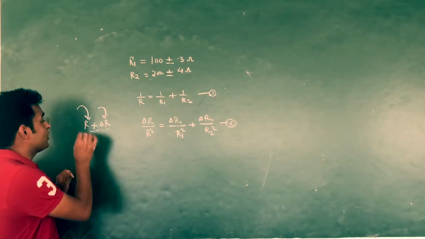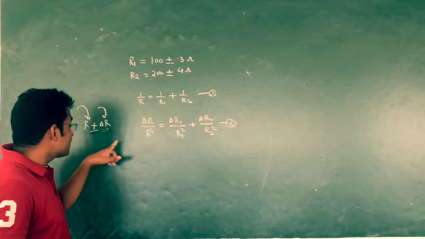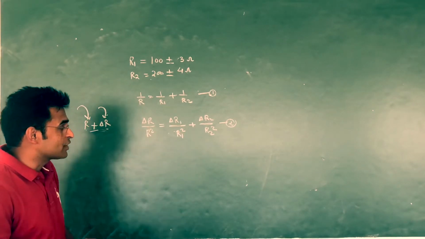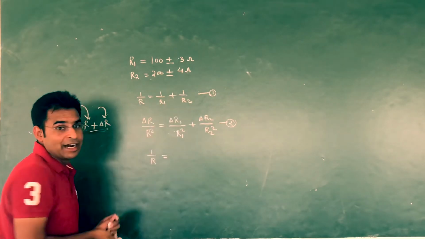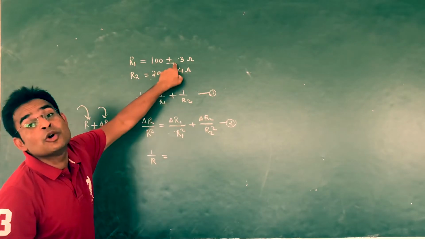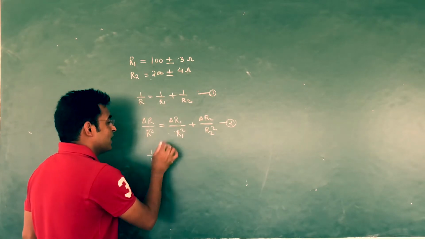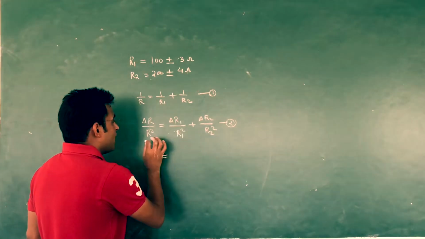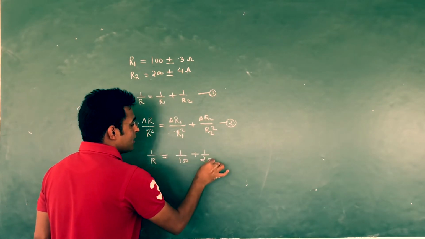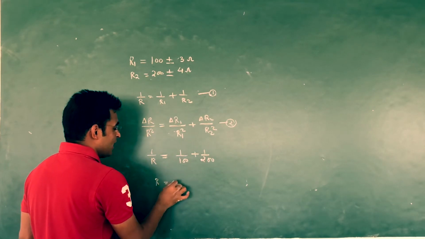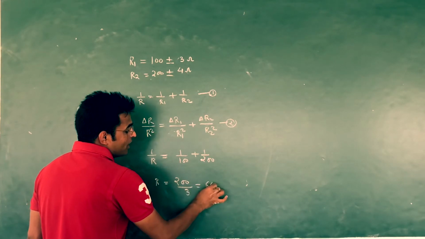And obviously if we want to derive this second formula, we can derive it using differentiation. So basically what I want to find out is R and delta R. I'll find out R from the first equation and I'll find out delta R from the second equation. So how to find out R from the first equation? 1 by R is equal to 1 by R1 plus 1 by R2. So R1 is basically 100 only, this 3 ohm is error, and R2 is equal to 200 and 4 ohm is the error. So if I solve this, I'll get 1 by 100 plus 1 by 200, and if we solve this complete thing, you'll get 200 divided by 3, that will be 66.7.